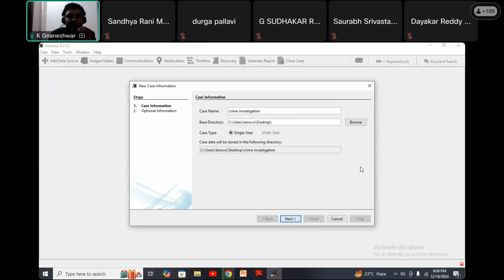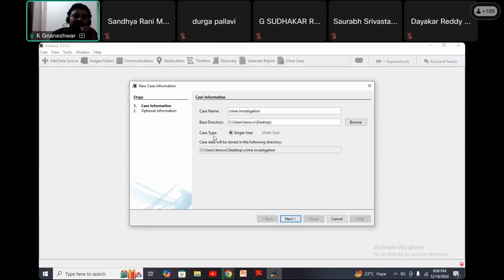The base directory is like this: C, Users, Lenovo, Desktop. Here I am going to save this particular file. If you want to change this path, simply use browse and change it. That is the crime investigation file path.